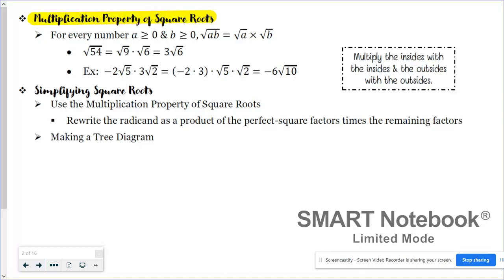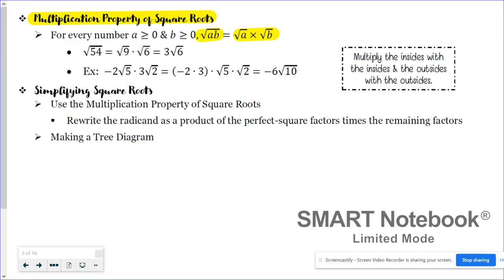of square roots, okay? So basically, the square root of a times b is equal to the square root of a times the square root of b. So look at what they're saying. They're saying just multiply the two insides, those two radicands, a times b. Just do that. You still have the square root, that's still there, but you simply multiply what's on the